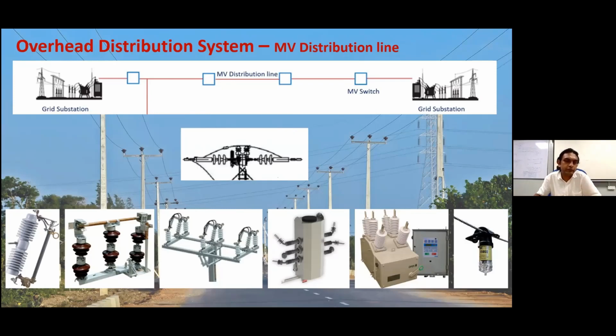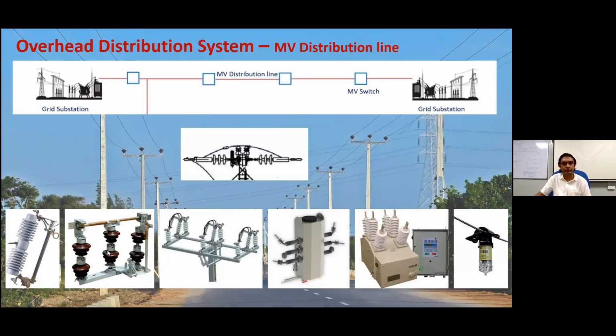Actually, the main purpose of this one is not a switching function. It is used for protection, overcurrent protection. But if we want, we can manually operate this switch, on and off, by pulling and pushing using an operating rod. But the thing is, this is not an on-load operation device. It is an off-load operation device. Then after that, we can see in our network somewhere in these squares, that means somewhere in these lines,